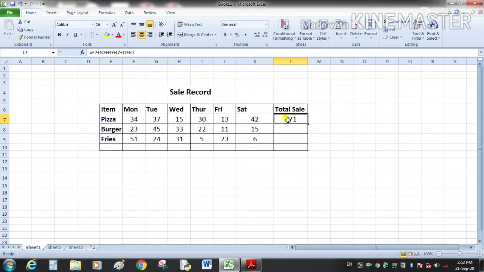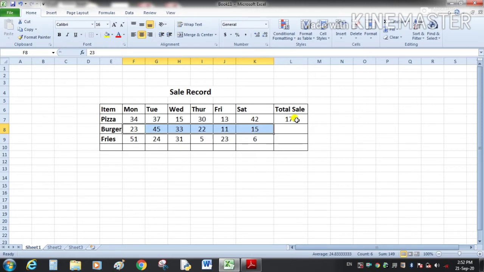When I click here, you can see the formula in the formula bar and the result of the formula in this cell. Now we don't need to write the formula here to add these values.